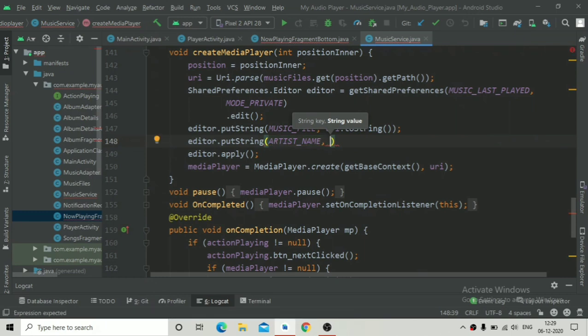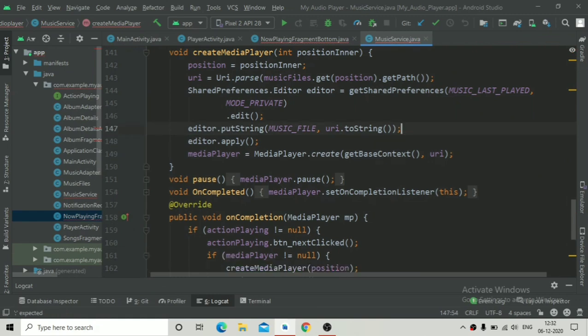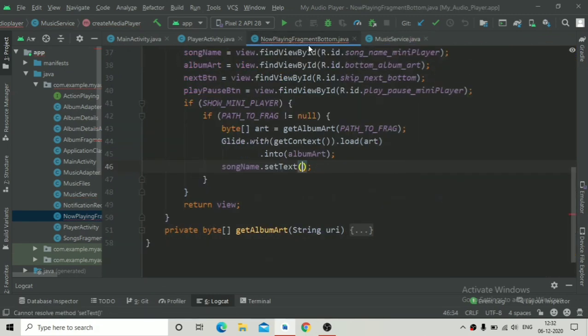So the key will be ARTIST_NAME, and here you can see we have to pass the value of the artist name. So I'm just going to remove this, we will use it later. So here I'm just going to pass the path_to_frag, meaning I'm going to just show the path inside the song name.